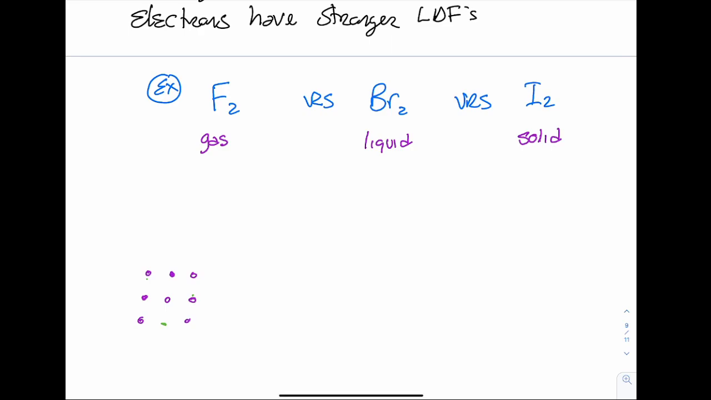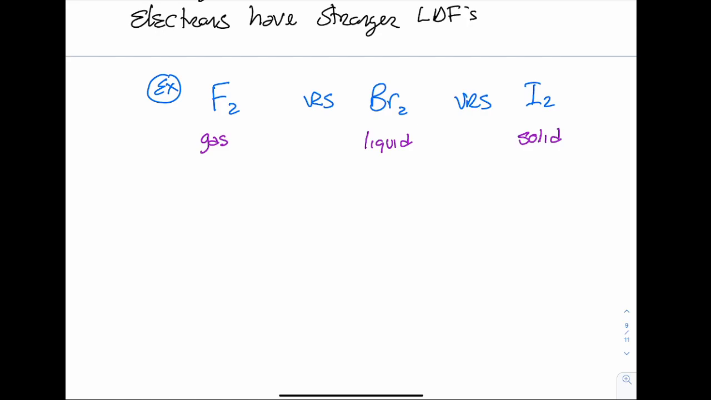So how that relates to what we're talking about here is that if those connections are strong, they're harder to break. If those connections are weak, they're easier to break. So at a given temperature, if one thing is a gas and the other thing is a solid, the one that's a gas has weaker connections because at 25 degrees Celsius, which is considered room temperature, we've already supplied enough energy to break those connections. So what we're saying is that the